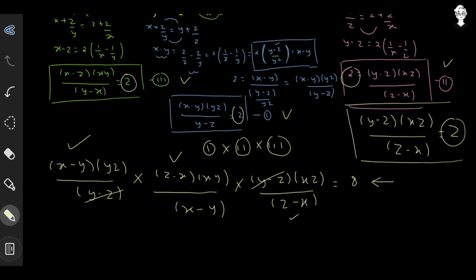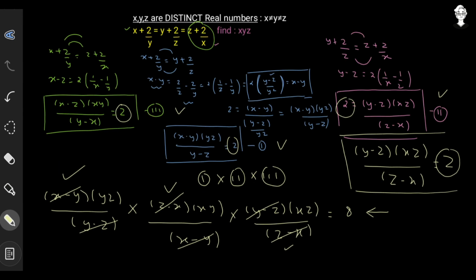So now we can see that x minus y and x minus y got cancelled out. Z minus x and z minus x got cancelled out. Now you might be thinking, what if this bracket equals 0, because 0 cannot be factored out, so this cancellation would not work. This bracket cannot be equal to 0 because as per the given question, x, y and z are not equal to each other. So if they are not equal, this bracket cannot be equal to 0. That's why every given piece of data in a question is very important. So okay, we can simply cancel out this bracket. There is no contradiction in that.